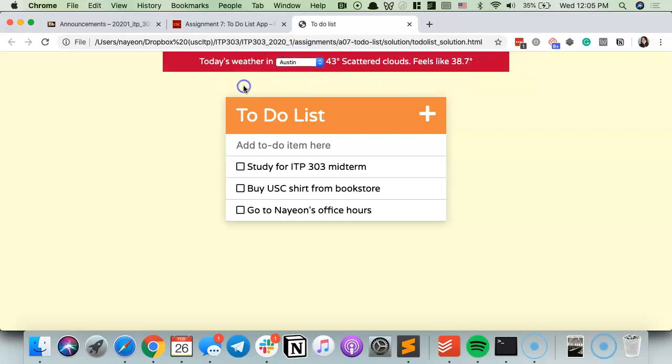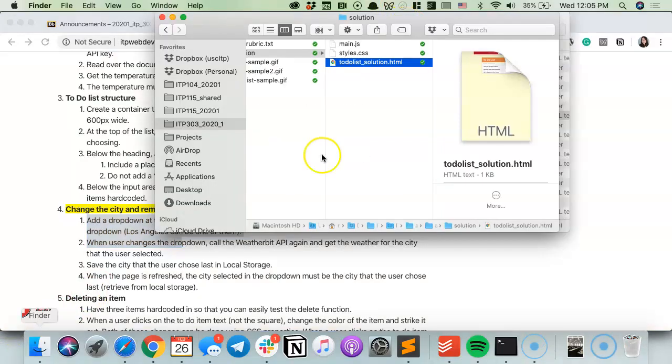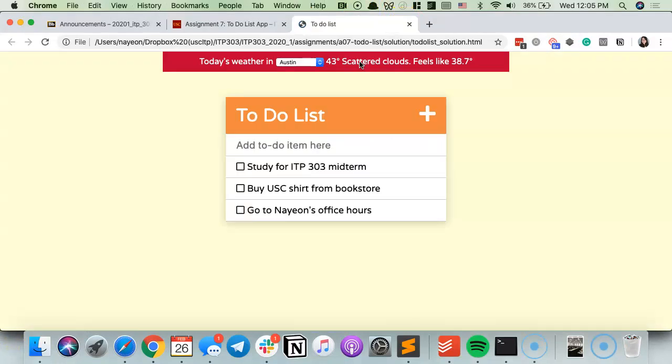On top of that, notice how I'm on Austin right now. I'm going to close it, and open it back up. And it still remembers Austin. So it remembers the last city I just chose. We're going to be talking about how we can store some data, even though I close the browser and I come back to it. Even if I quit the whole thing, if I come back to it, it's going to remember that I'm in Austin. And so we're going to be talking about that specifically today, how to save information on the browser,